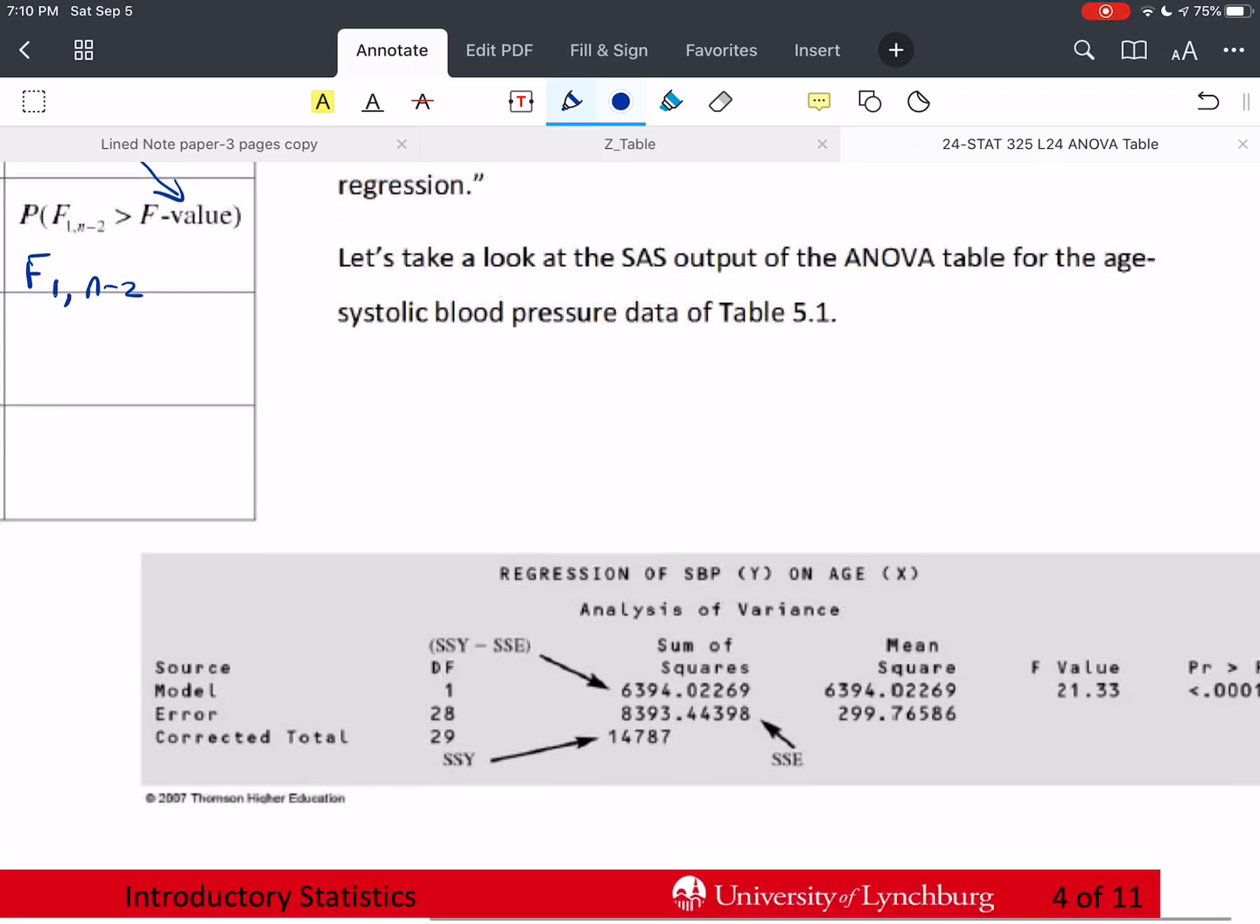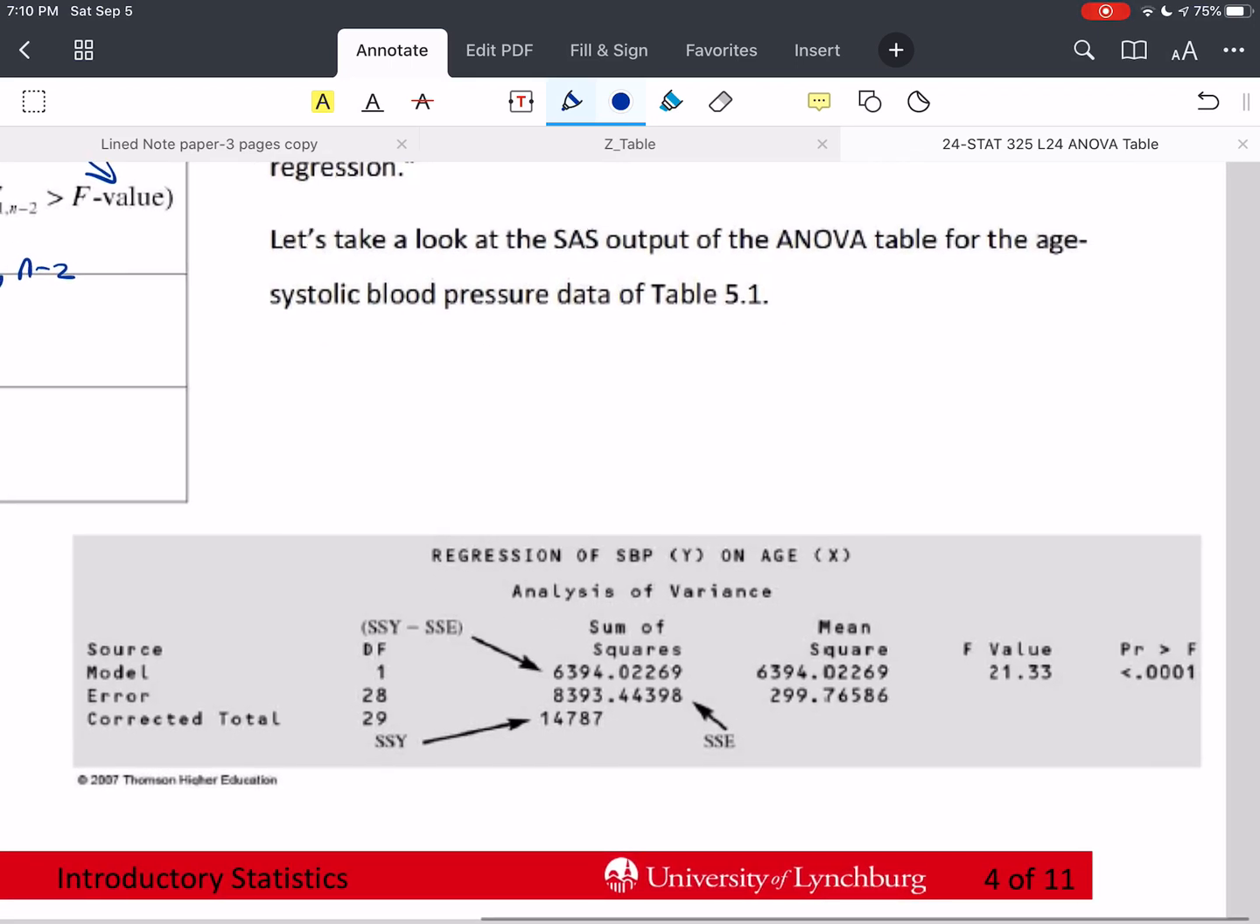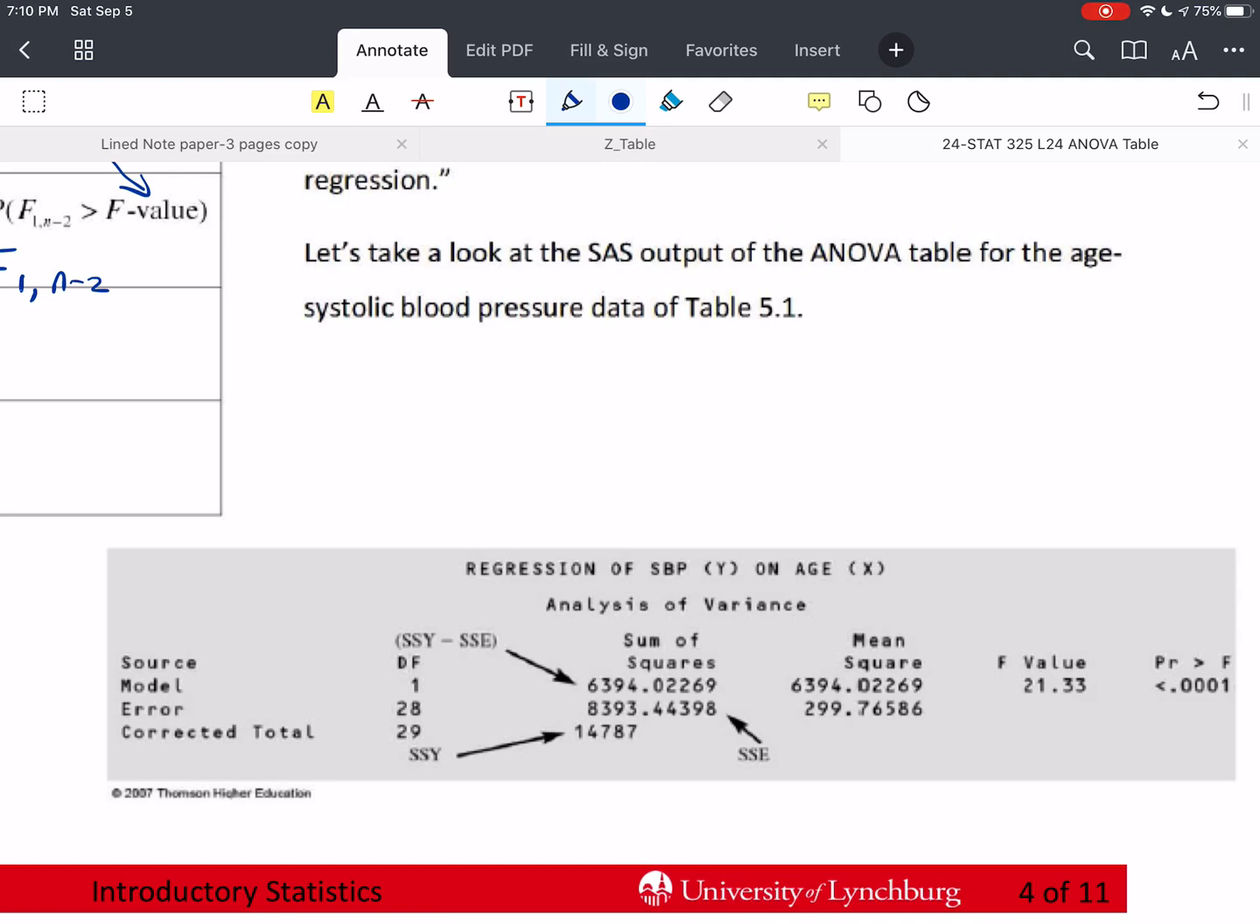So this is from SAS, and although we're not going to use SAS in this course, you might run into SAS at some time during your career. It's widely used in academia and in consulting and large businesses. So here's our ANOVA table. And we see that we have the model, error, and they say corrected total. So we would call this SSY, and here is SSE, as you can see,